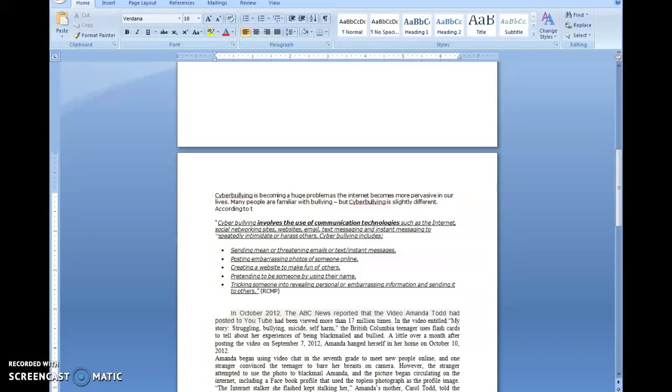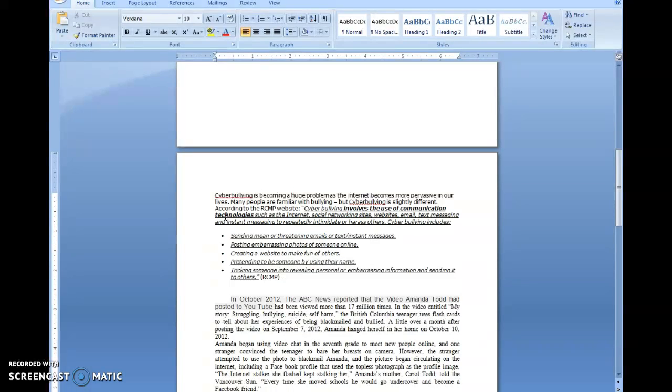According to the RCMP website, okay, now instead of just dumping this quote, which by the way is a good introduction to cyberbullying, she could have paraphrased that. She could have read it and put it in her own words, but she went ahead and put a direct quote. So instead of just putting a quote by itself, we lead into it. And in fact, maybe we could even lead out of it, but